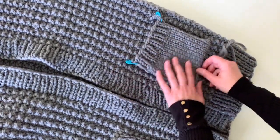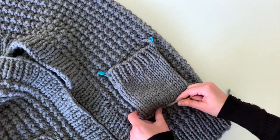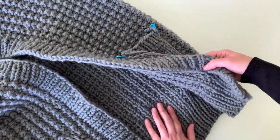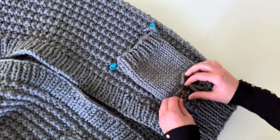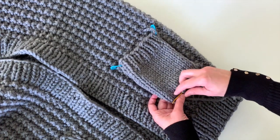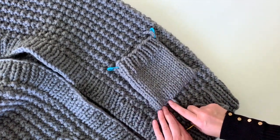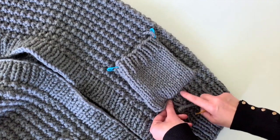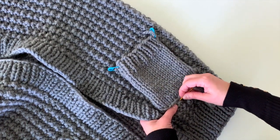But let me get this situated, and I'll show you my stitch that I'm doing to attach the pocket on the bottom side. I'm basically just going, don't go all the way through. You don't want to stitch the back to your front. I've done that before. You're just going to grab a stitch from below, and then you're going to grab a V from the pocket. And that honestly tucks that little edge under so you don't see your bind off edge. And then it makes a duplicate V right here, which goes right into the fabric below, which is nice. So I'm going to grab a stitch